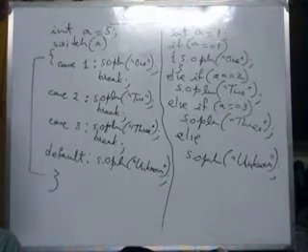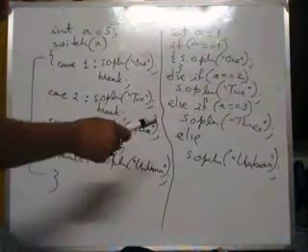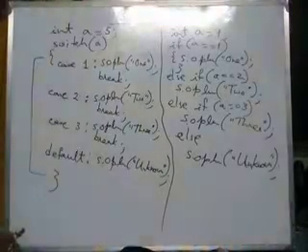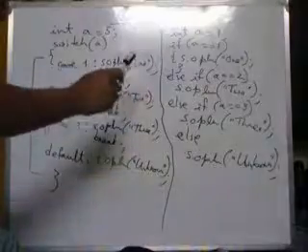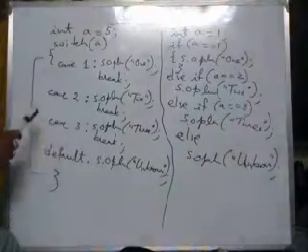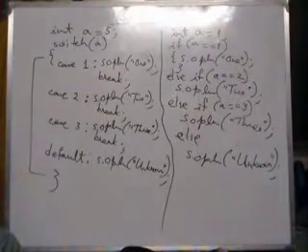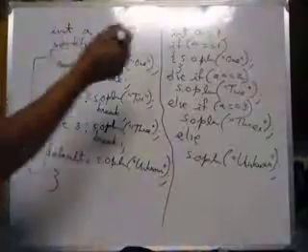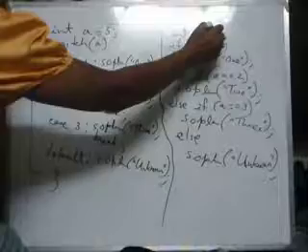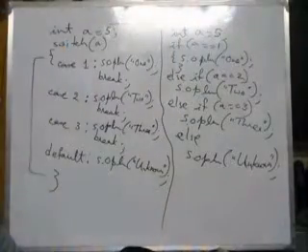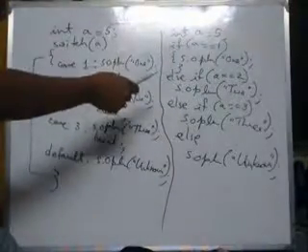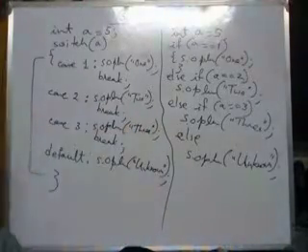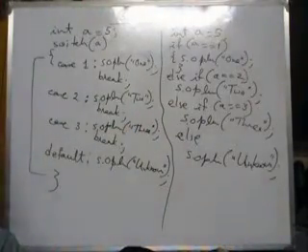So it will print unknown. For this condition, here A is equal to 1, so it will match with the first condition, that is A is equal to 1. And the first condition will match, so it will print 1. Similarly, if we change the value of A to 5, then what will happen? Neither 1 will match, nor 2, nor 3. It will come directly to the else part and it will print that the value is unknown.